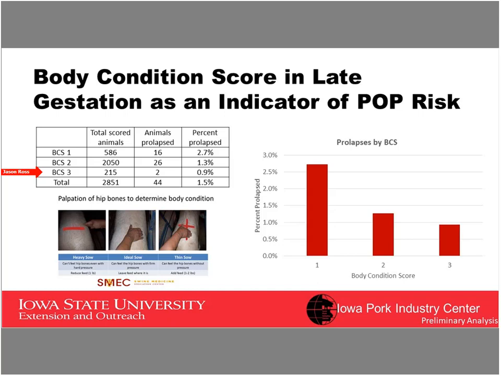We saw that a much greater percentage of the sows that were low body condition score had a higher risk, almost double of them ended up prolapsing, on a percentage basis. So in sows that were